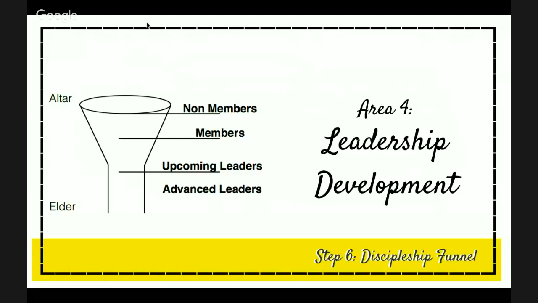Emerging leaders are really leaders who are new on the scene. They're new to the church and new to leadership. And these are people you've got to invest in developing their character. Then there's existing leaders, and existing leaders are leaders who have been doing this for a while. They're probably ministry leaders, and their character has probably been dealt with,